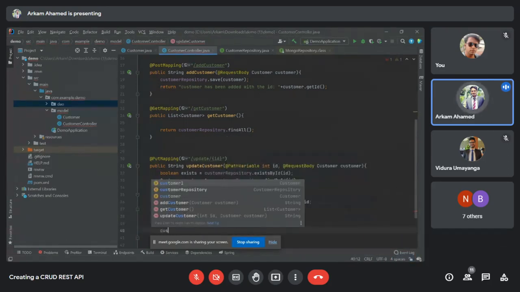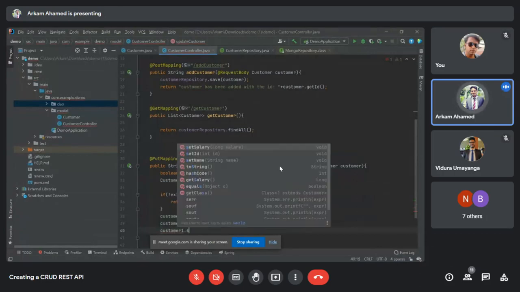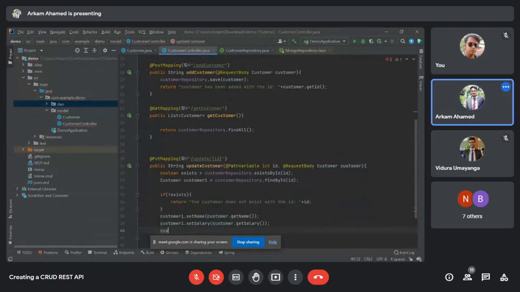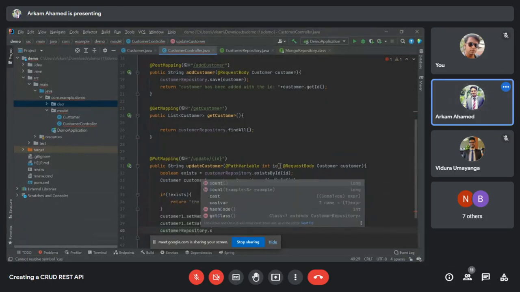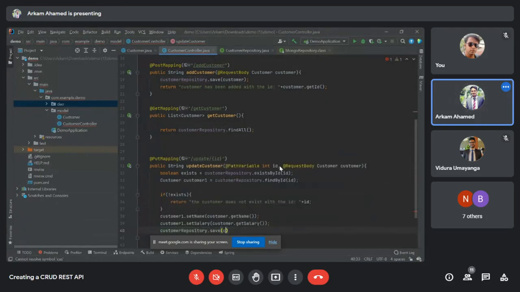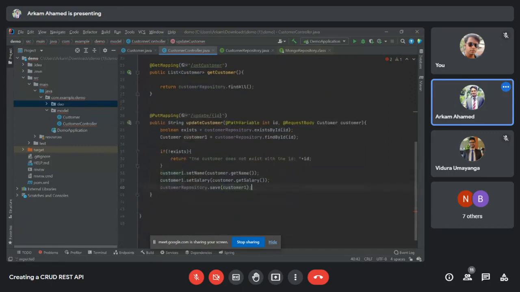And then I'll save the updated one to the repository. Return validate.